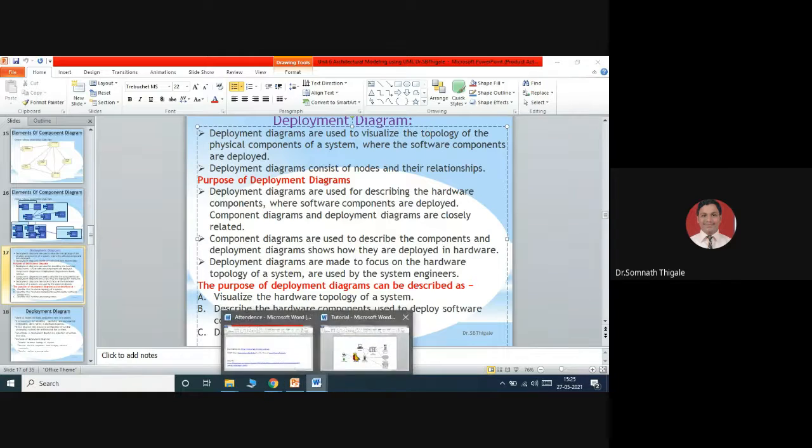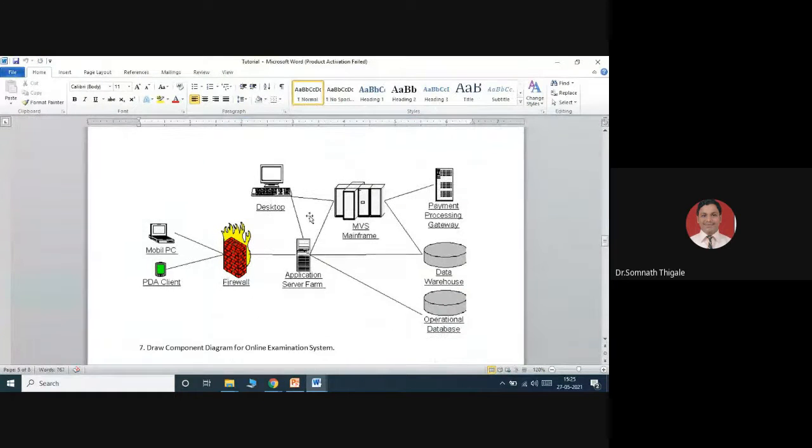Just looking at this deployment diagram, this is a kind of visualization. It helps us, as a user, to understand which part we are going to keep at what side. This deployment diagram comes once your entire system is ready, and based on which part you are going to put where, accordingly some rules and regulations will be defined. What type of access you will give to the user, what type of access you will give to an administrator, to the managers, all these parts will be discussed with the help of this deployment diagram. So these are the basic purposes of a deployment diagram.